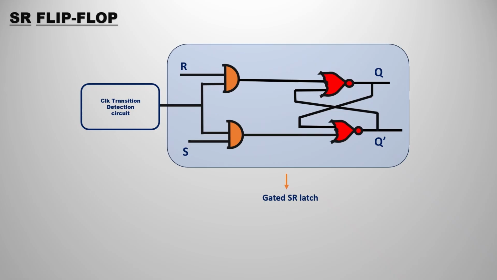So already we have known that this is the gated SR latch circuit diagram. So we can also convert the gated latches to SR flip-flops. So inside the box we have the gated SR latch circuit diagram. So simply we are going to connect it with the help of a clock transition detection circuit. With the help of this circuit, we can convert this whole gated SR latch to the SR flip-flop. This is a very simple process. Before seeing this, we are going to understand the outputs and inputs with the help of transition diagrams or timing diagram analysis.